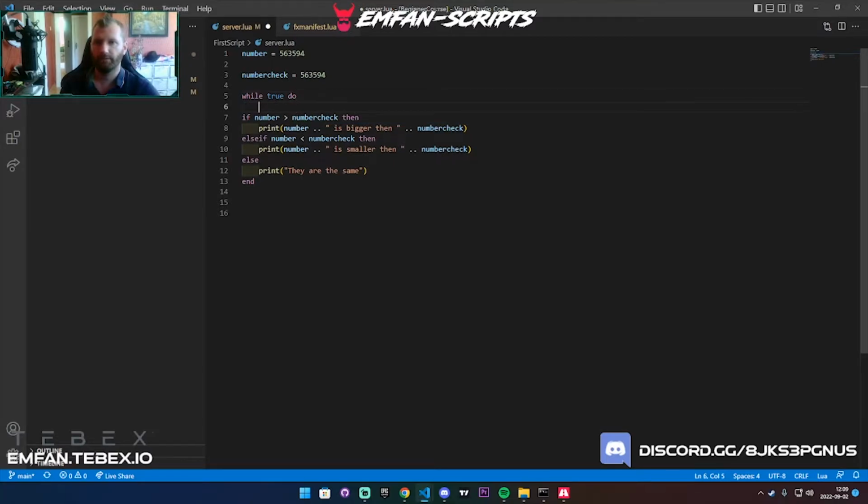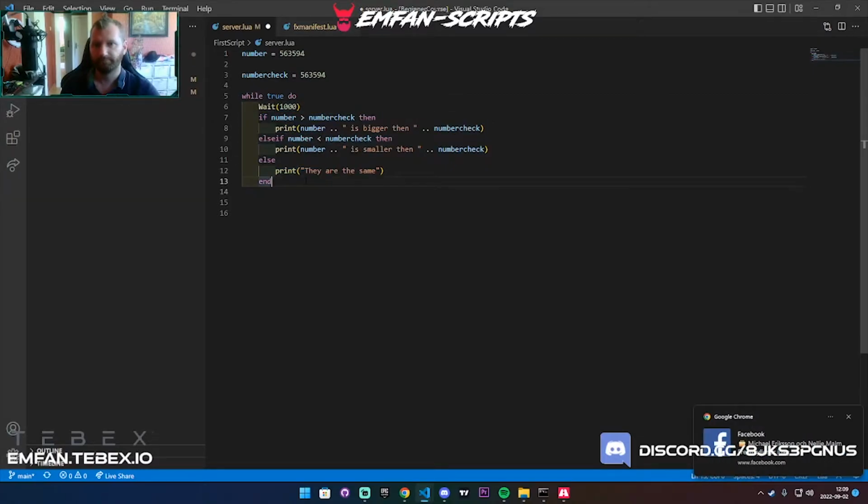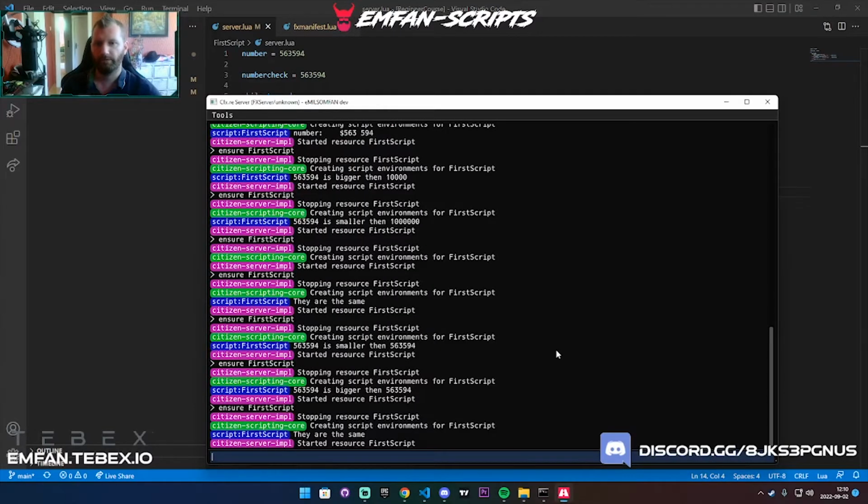And you always need a wait inside of a while loop, and we'll set this to 1000. That means every 1000, it should wait for 1000 milliseconds, which is 1 second. So now it will do all of these once every second, and we need to close the while loop as well. So now it will run this, and if we run it,